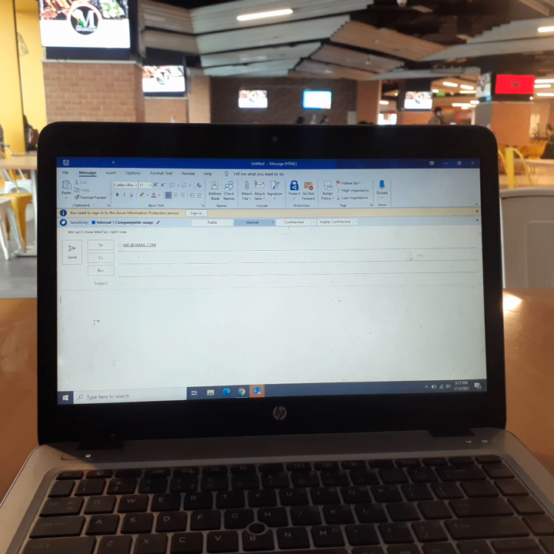This means you are looking for the data from the person who's in the To list, not in CC. You're just keeping them informed that you're taking the data from so-and-so person. So the CC people, they are just aware of it. It is just to inform them you're taking the data. If they want to reply, it is up to them. They can reply anytime. But the person in the To list has to pay attention. He's the person who's responsible in this email to reply with the data.